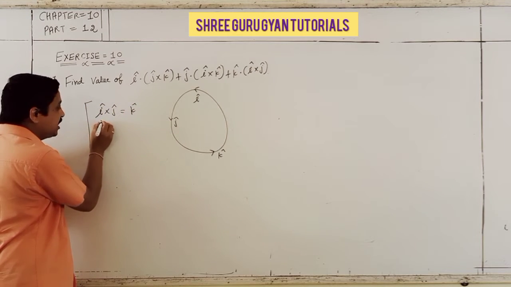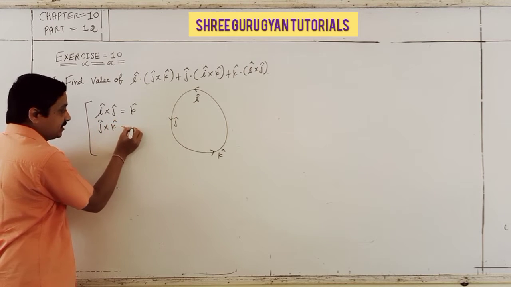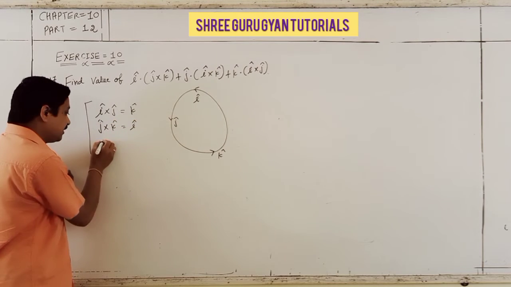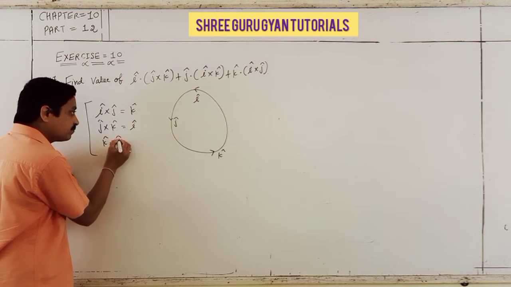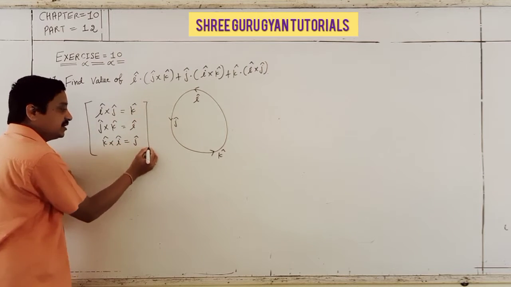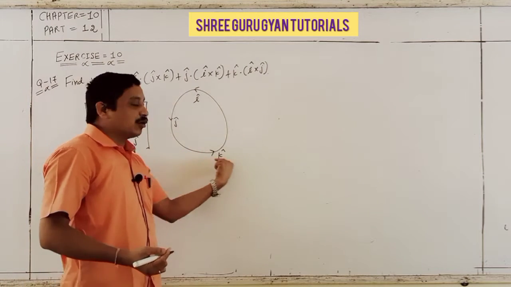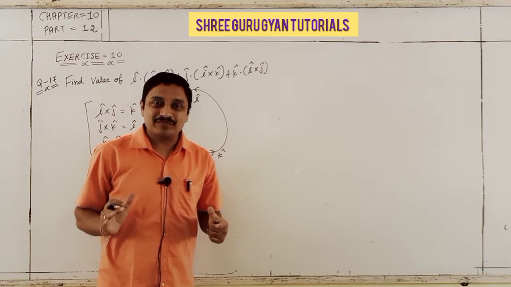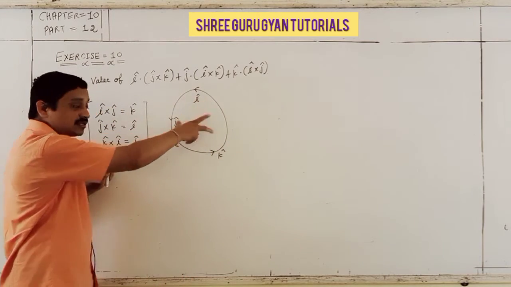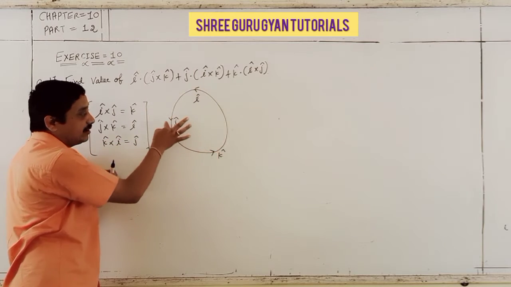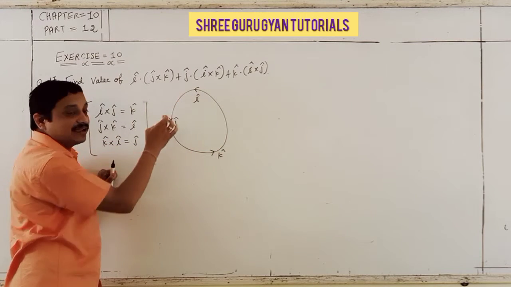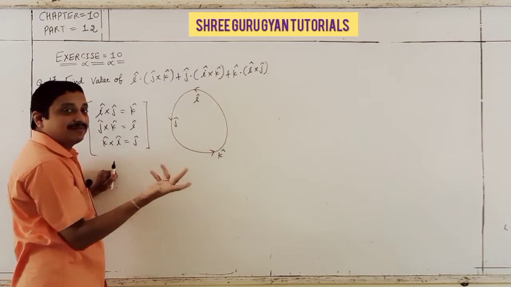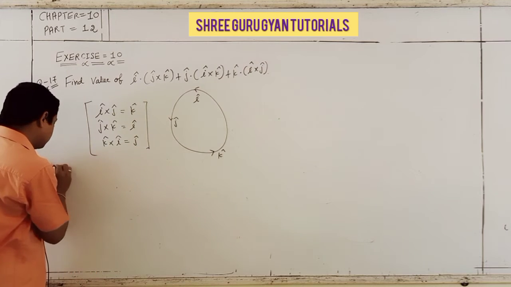Next, j cross k is i, and k cross i is equal to j. That is your simple anti-clockwise rotation shortcut formula. If you move in the reverse, clockwise direction, i cross k is minus j, k cross j is minus i, and j cross i is minus k. So your value